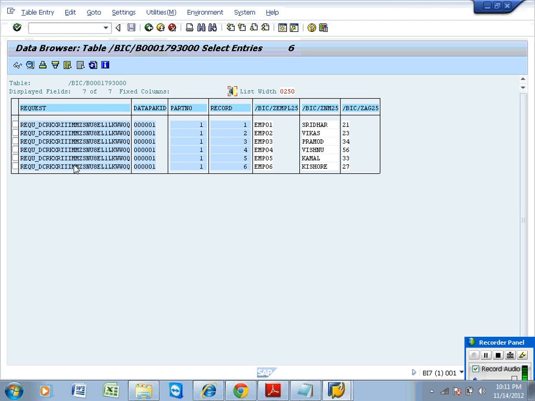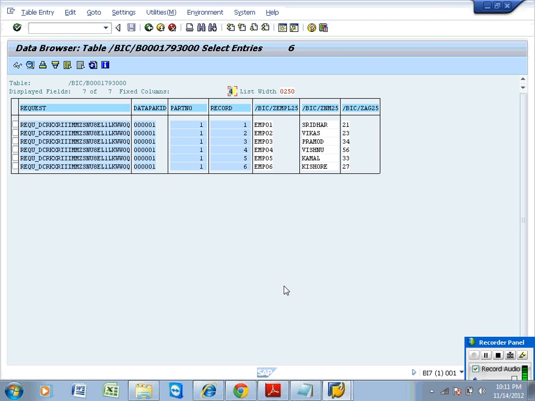Yes. Partitioning we don't do on the PSA, and the data packet ID. Whenever you transfer a huge amount of data load, you need to do these data packet settings. I just now got a call about that. He's asking for data packet settings for this. And we need to do those settings.